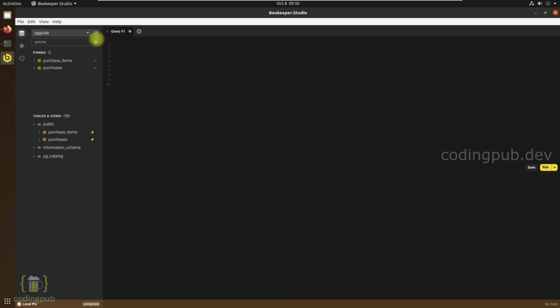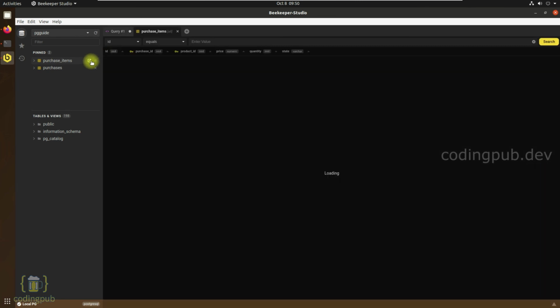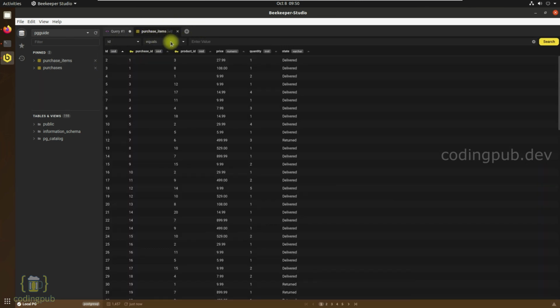As you can see, we will be able to filter the tables just by typing their name. And if you want to view the data in a particular table, just click on the first option, which is open in a new tab, and this will open this table in a new tab. And as you can see, the data in this table are completely loaded in this particular tab,